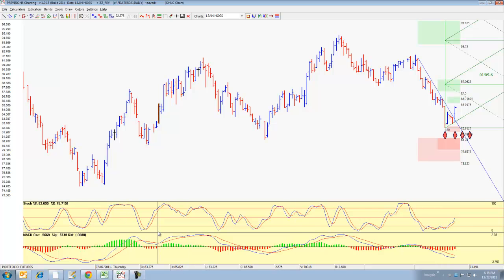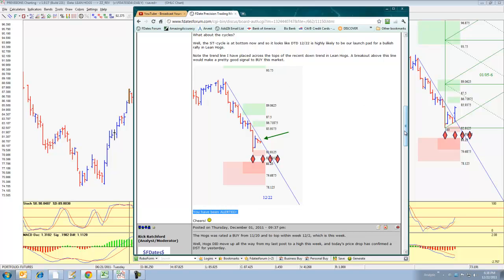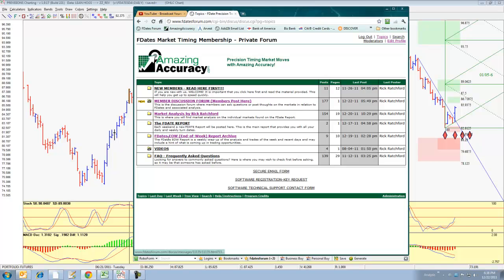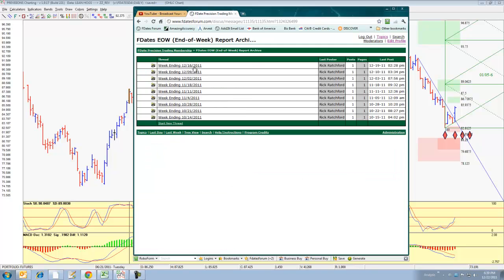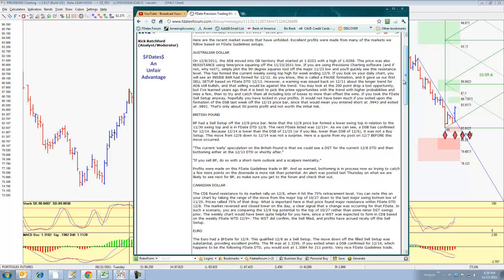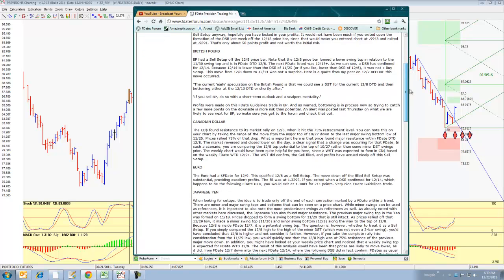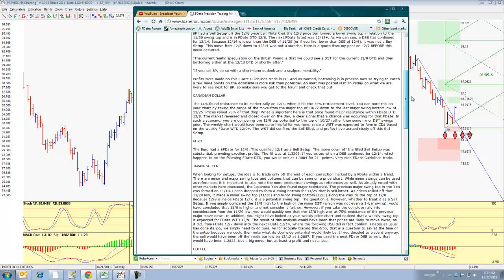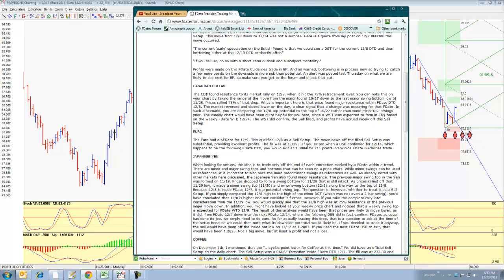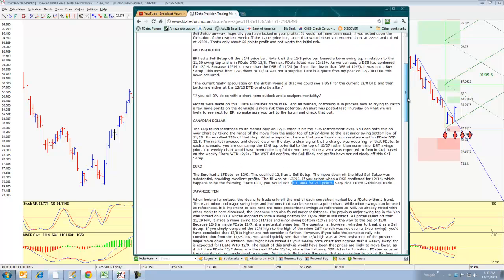And then at the end of the week, of course, I go over all these great trades that we had for the week in what's called the FDates end of week report. This is in the archive. So here's last week's report, for example, and you can just see these markets, and we go over all this here, okay, and we start talking about the profits that we made, and where we entered in, and how many points. You know, here we